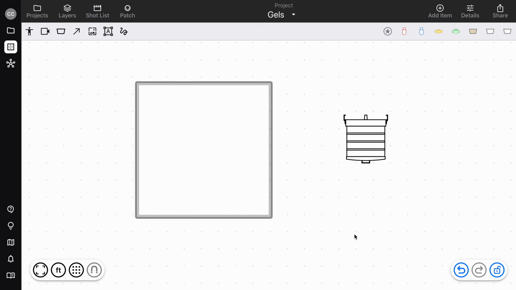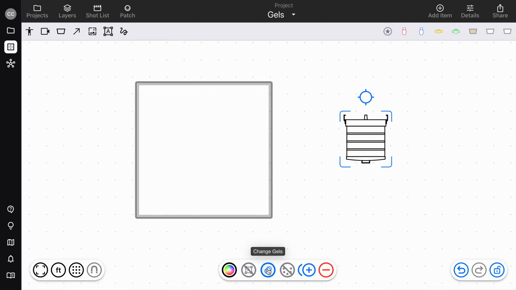You can use gels on two different kinds of items. One of them is a fixture and the other is a frame. So let's take a look at how that works. For a fixture, we have our gels button right here, and right now we don't have any, so we're going